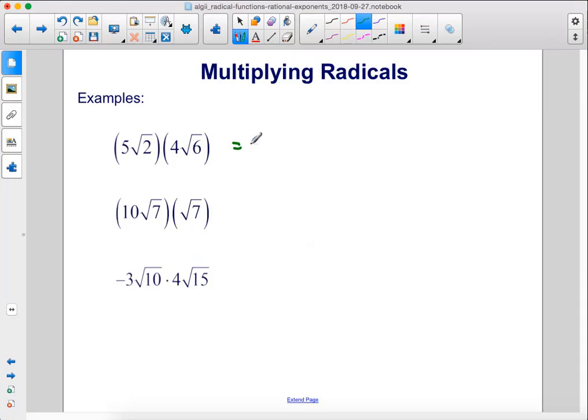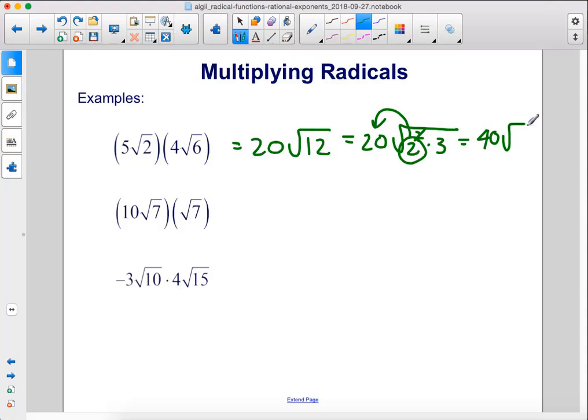5 times 4 is 20. The square root of 2 times the square root of 6 is the square root of 12. So we can simplify this because 20 times the square root of 2 squared, which is 4, times 3. So we can cancel out that squared, move this 2 out front, and we have 40 times the square root